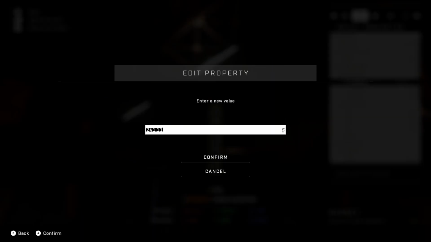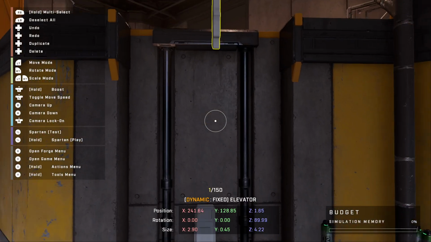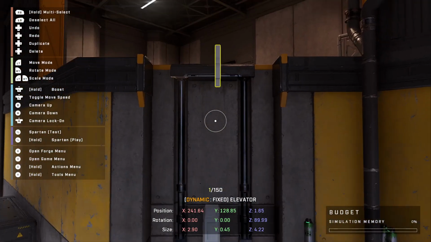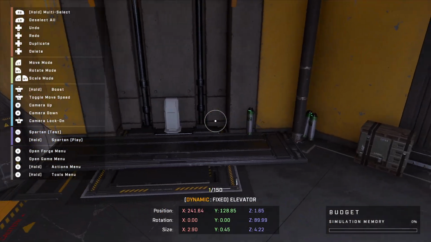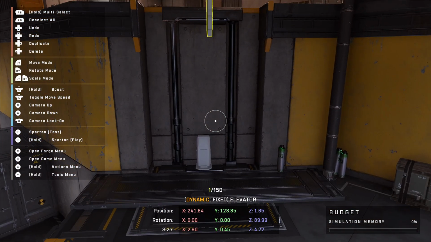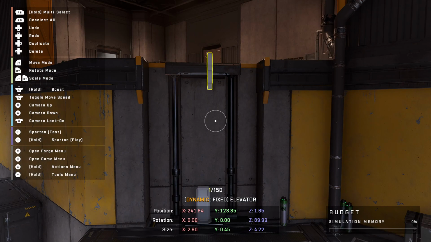This one was 241.64, and this one was 128.85. Okay, so it should be lined up a little more for the next time we run it. Okay, so the next thing we want to do, if we got the elevator to go up to the top, is make it so that elevator will go back down if we run the button as well. So next steps,